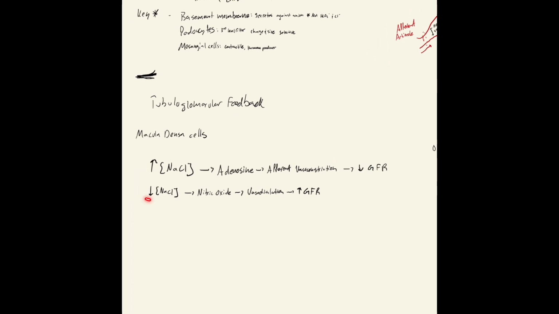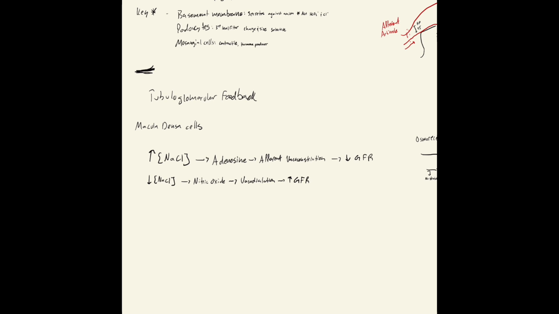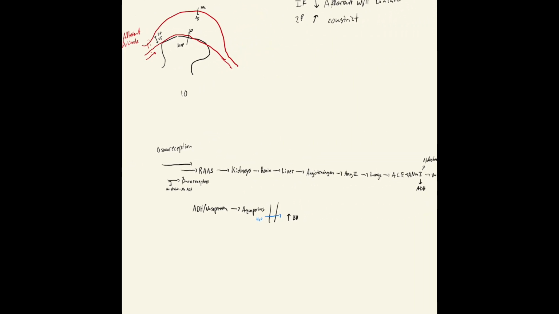And then if we see a decrease in our sodium chloride, then we'll see nitric oxide appear, which will dilate that afferent arteriole, which will increase the GFR. So that's just pretty simple tubuloglomerular feedback. But next we're going to talk about